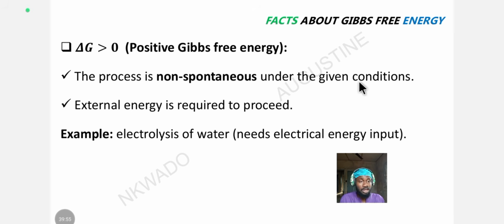Heat needs to be added. You need to facilitate it. You need to establish it yourself. Something has to establish the reaction. That's external energy is required. For example, the electrolysis of water needs electrical energy input, a direct current. Okay, that's it. So when Gibbs free energy is greater than 0, just know that